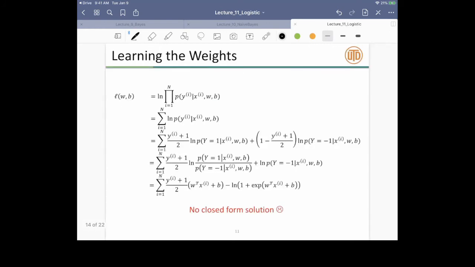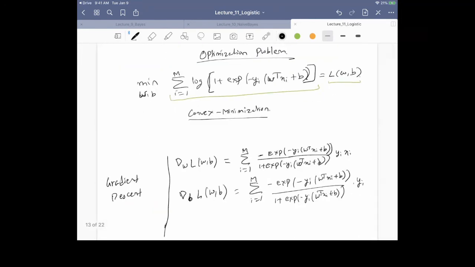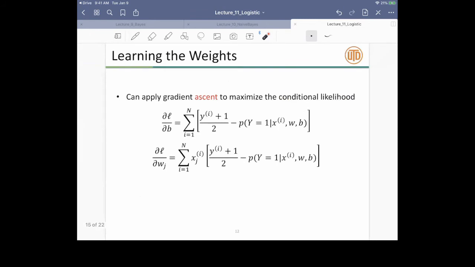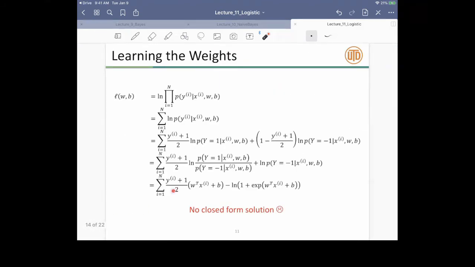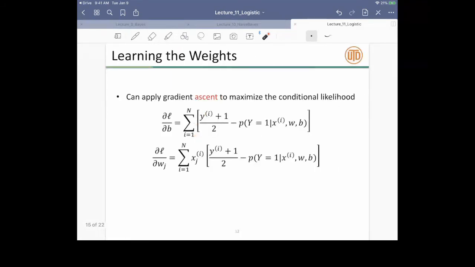One thing I forgot to tell you is that unfortunately there's no closed form solution here. I have these gradients and you could try setting them to 0, but you have a sum of terms, and you will not get a closed form. It won't work out. So this is very similar to SVM: you have to solve it using optimization. Here I computed the gradient in a slightly different form, but you can check that both forms are exactly the same.